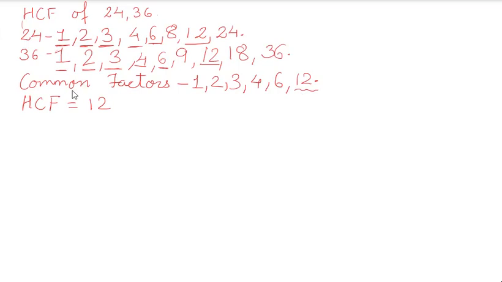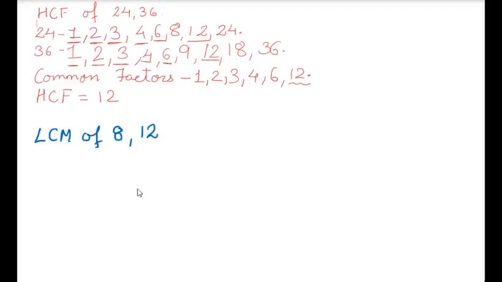Now, I'll recall the method of finding LCM. So now we will find out the LCM of 8 and 12. Okay. So here we found out factors. HCF means factors. So we searched in which table that particular number comes, or by which numbers that particular number is divisible. So 24 is divisible by 1, 2, 3 and so on. Yes, so this is called HCF or GCD.